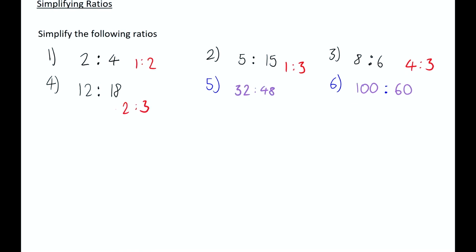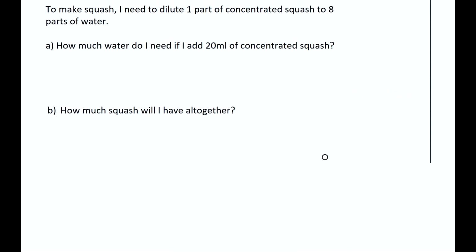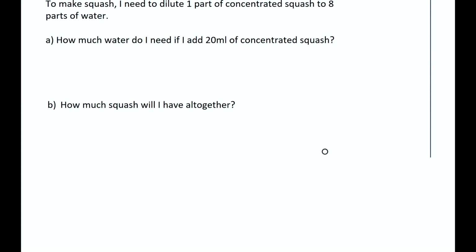Okay, moving on. Next we have using a ratio. So here, to make squash, I need to dilute 1 part of concentrated squash to 8 parts of water. Part A, how much water do I need to add if I had 20 mils of concentrated squash? So let's go through it the long way. We know the ratio of concentrated squash to water is 1 to 8, and we have added 20 mils of